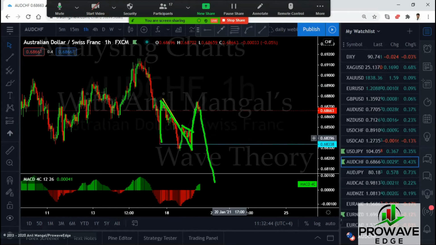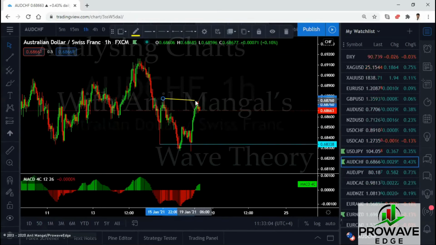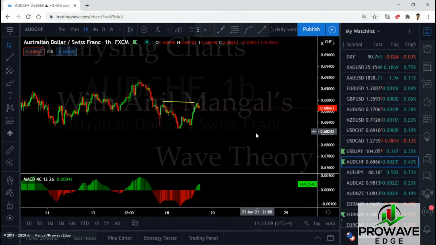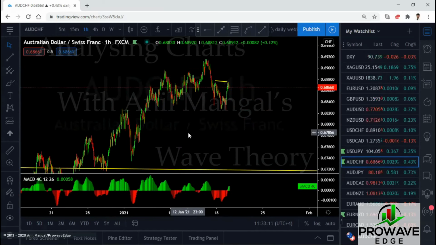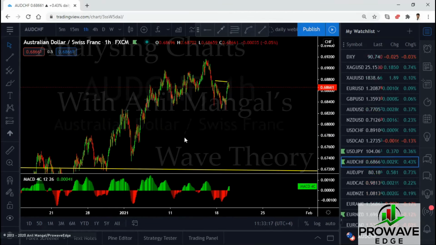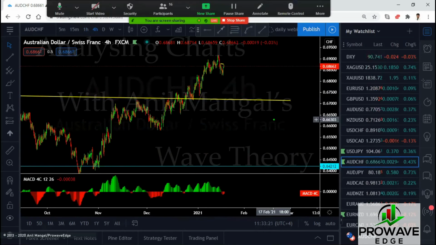So what we look for is a sell setup now, because I think we have a running flat in play. Once it breaks the low, you're expecting a running flat. I believe we have a running flat in play here now. Running flats, this is a big one. This is not a small one, but you can trade it like running flats: put an entry order for a sell here and a stop above here. What would be the target? If we're trading this, we're going to target a much deeper pullback, something like this.